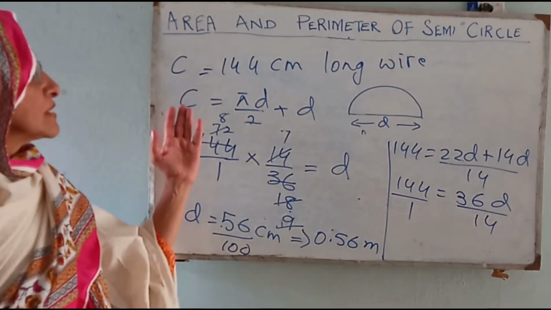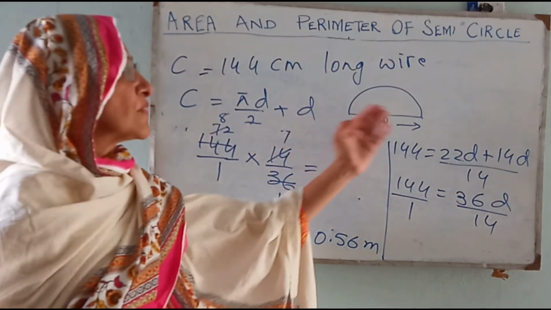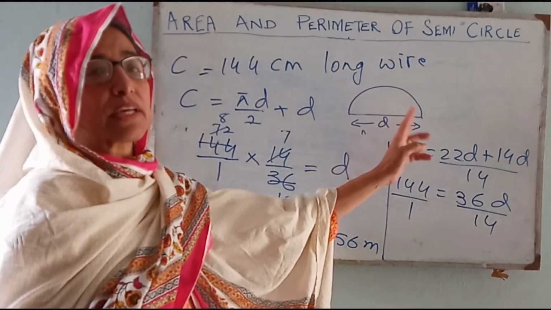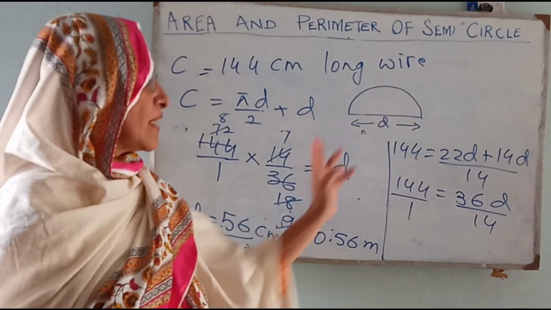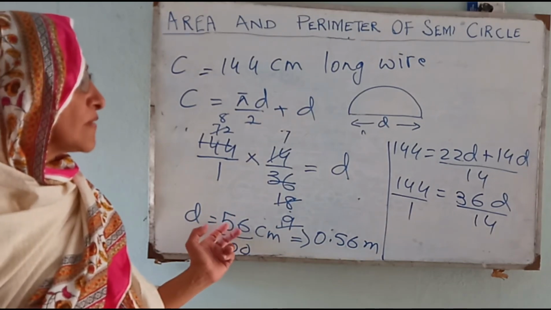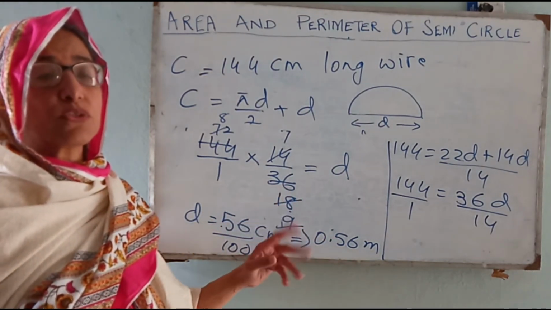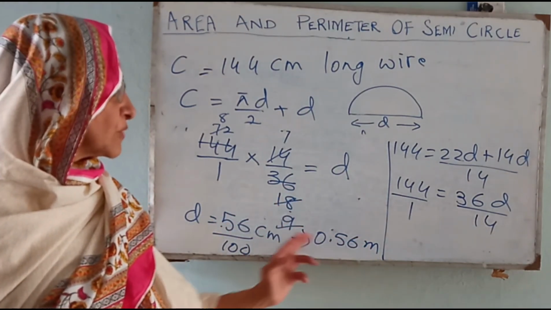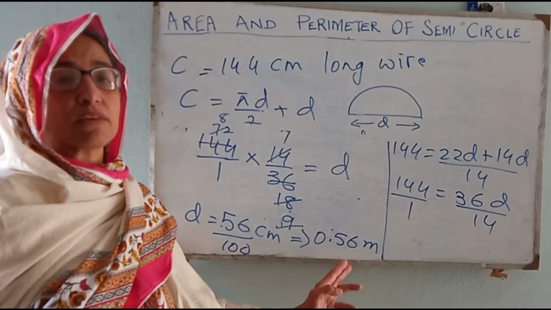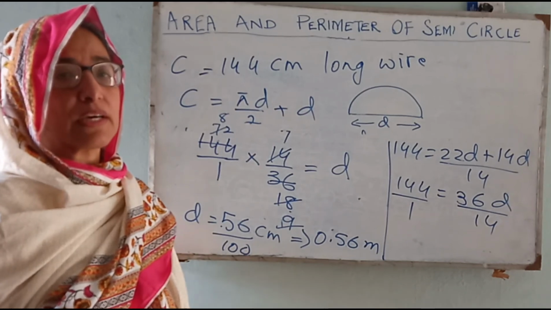I hope that this is clear, that for the circumference you have to add all the things which are coming in the outside boundary. So we have done this, and you can find out the diameter, and if the question says that all the units should be the same, or that you have to convert the centimeter into meter, you can easily convert your answer in the end.